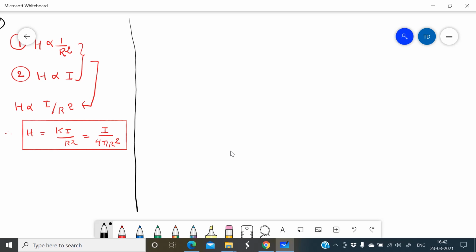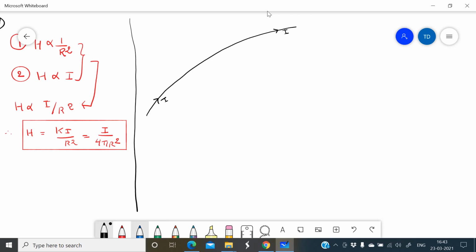In Biot-Savart's law, first of all we have to consider one wire, and the current is passing through the wire. What is the length of the wire? We don't know; either it is L or infinite length. The current flows through the wire and generates a magnetic field, in this direction. No need to draw the magnetic field here.